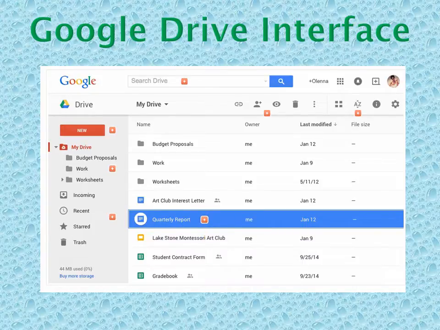So now you have a little bit better understanding of the Google Drive interface and what it's going to be able to do for you. If you wouldn't mind, you can go ahead and minimize this video right now, and just take a look at your Google Drive. Assuming you have created an account, you will need an account to get into Google Drive. We will do a practice document at the end of class where we can save it in there. So I want you to have access to it and have a better understanding of how it works.